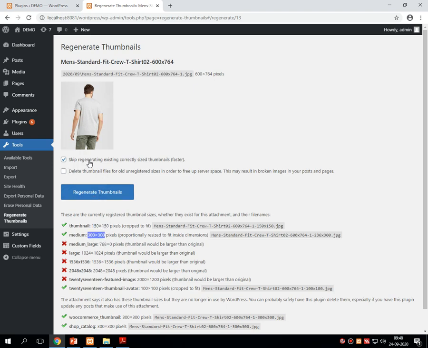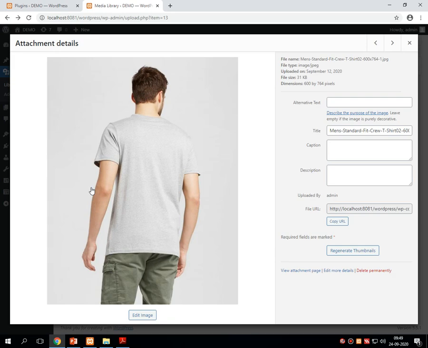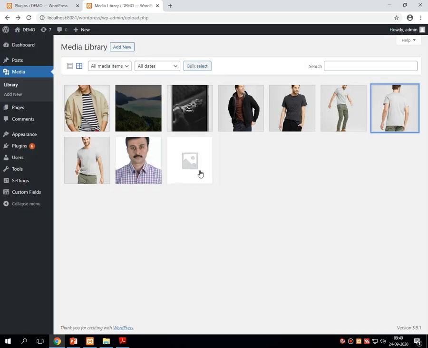There are two options: keep generating existing correctly sized thumbnails faster, or delete the thumbnail files or old unregistered files in order to free up the server space. Don't click on this option, you will lose your original file. So just click on this and done. Your newer file is created, which you can use for faster and better purposes.